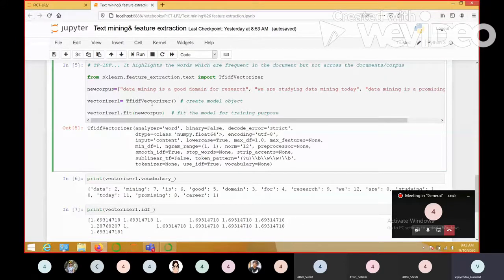Some of you might be thinking that we didn't take a corpus over there for count vectorizer. So it is optional. You can take a collection of documents or a single document, whatever you want.